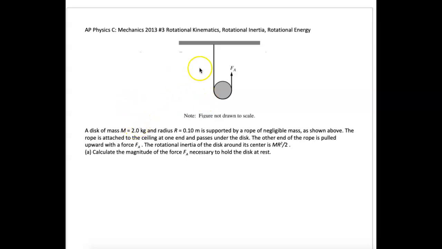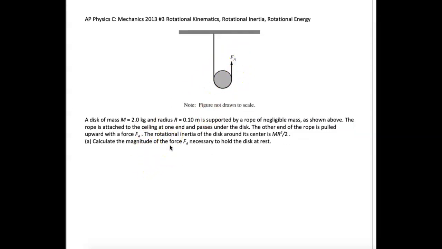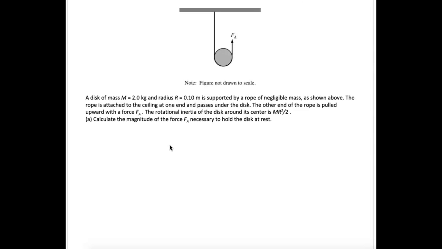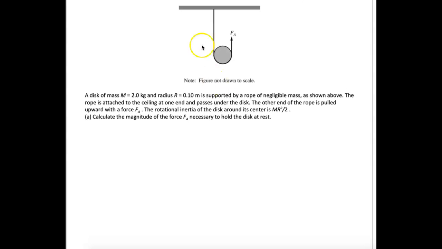So here we've got a disc that has a mass of 2 kilograms and a radius of 0.1 meters, supported by this rope, and the rope doesn't have enough mass to be any concern, so we can just ignore it. It's attached to the ceiling, and then on this end there is also something pulling it up and applying a force, hence the FA. So first thing they want us to do is calculate the magnitude of the force FA necessary to hold that